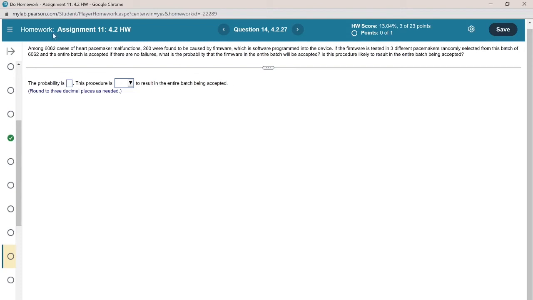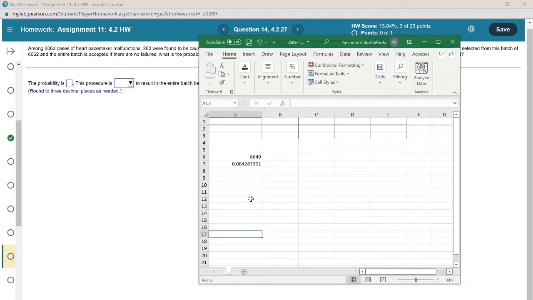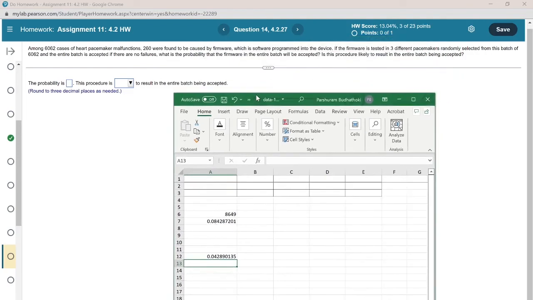Okay, among 6,062 cases of pacemaker malfunction, 260 were found to be caused by firmware. So what is 260 out of 6,062? It's less than 5%. It's 0.042. That means it's less than 5%. So among 6,062 cases, 260 were found to be caused by